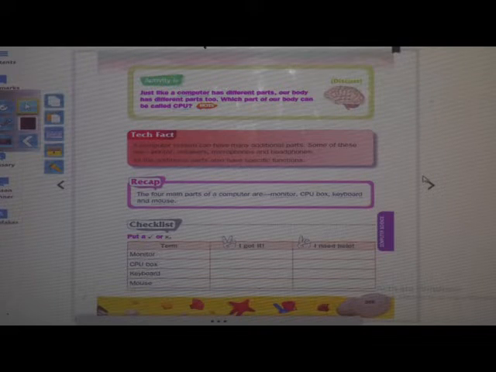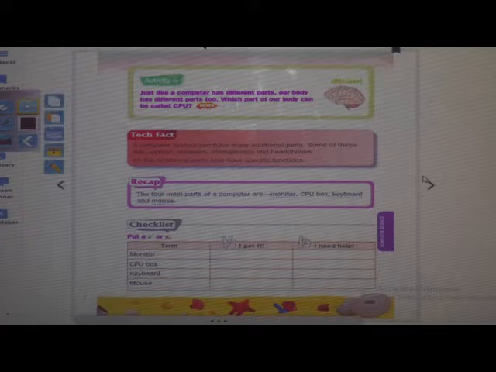So all additional parts also have a specific function. Yes, each part has its own specific function. For example, printer is used to take a print as a hard copy. Speaker is used to listen to music, watch the movie by listening to the dialogues. Yes, those all have their own functions.